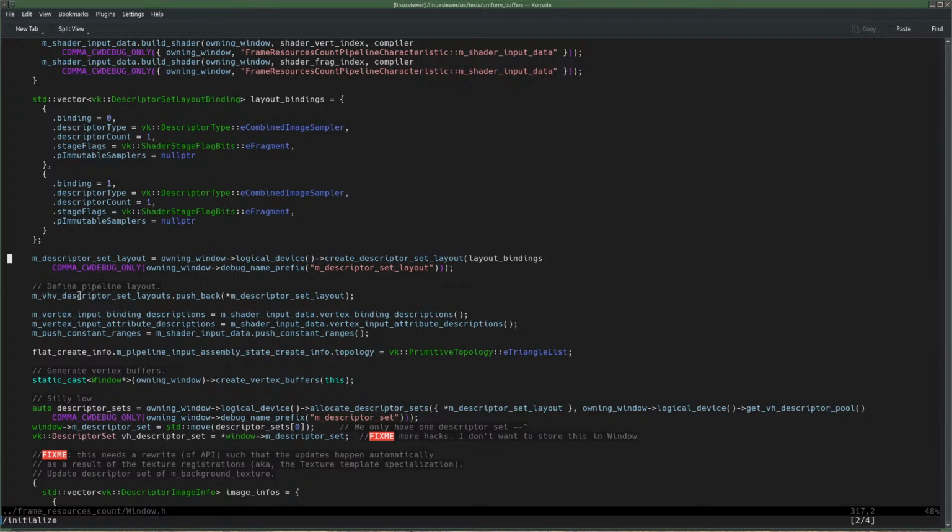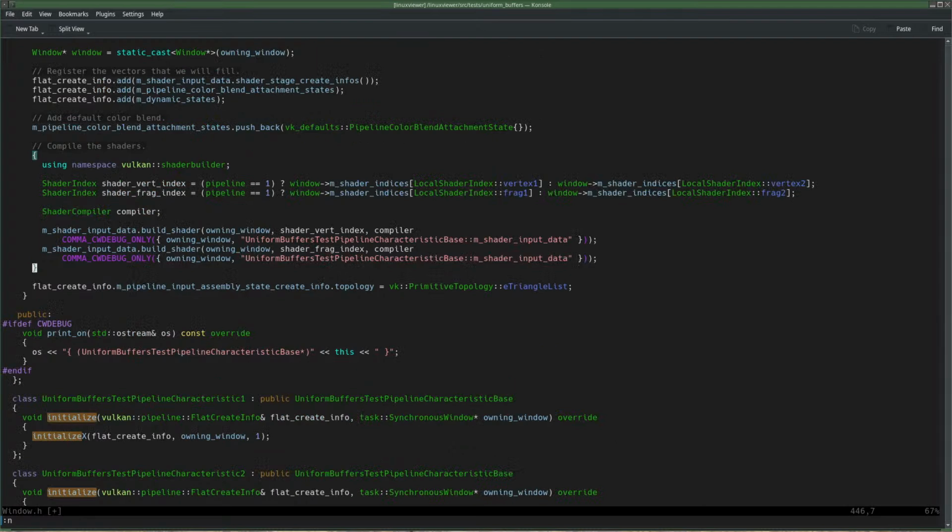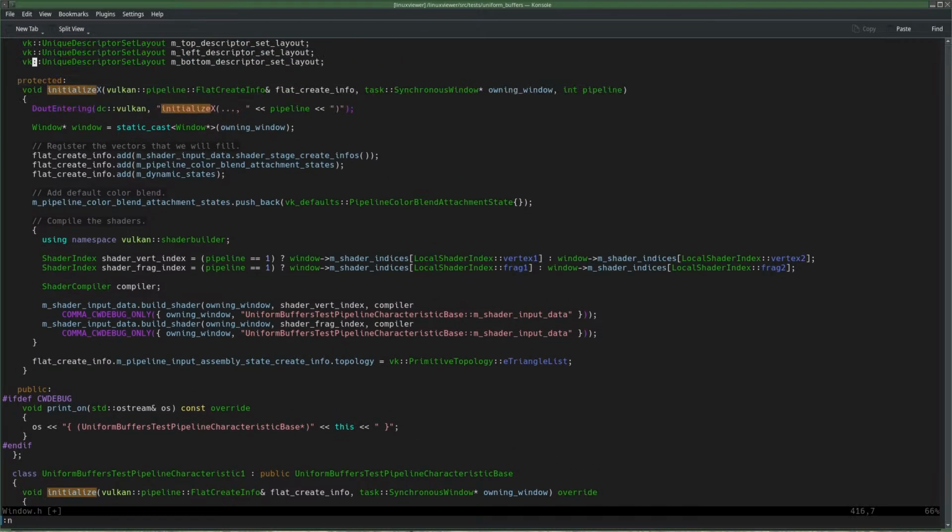I believe I already have that. Next. Descriptor set layouts. It's not here. I'm confused.